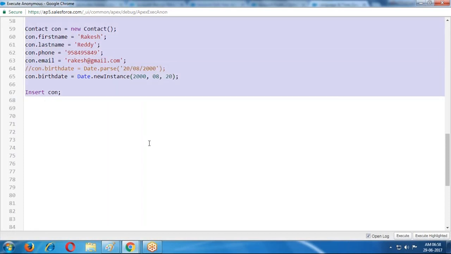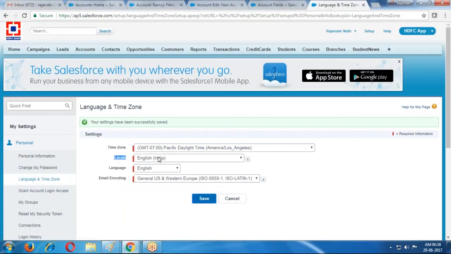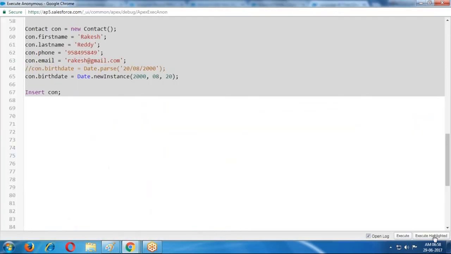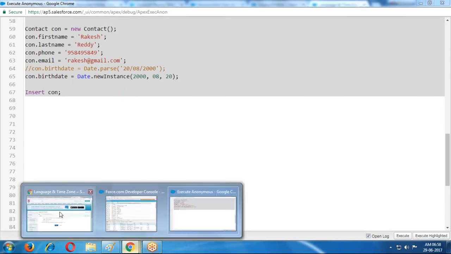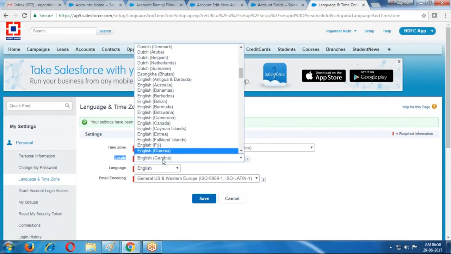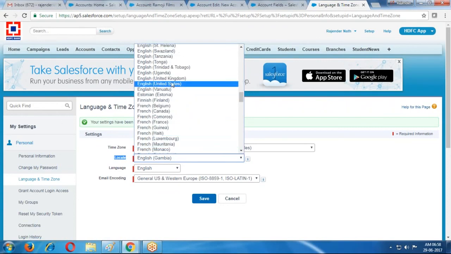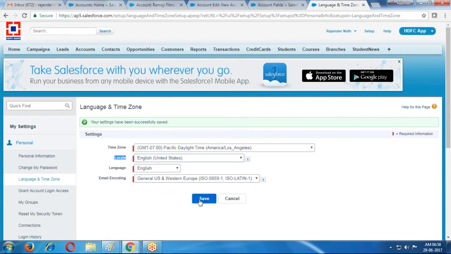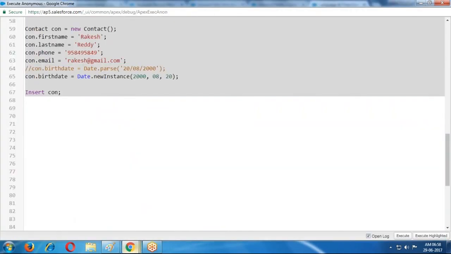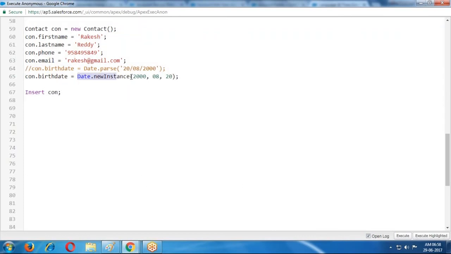Whether it is the United States format, Indian format or German format, it is accepting. For any format, the newInstance method is accepting.